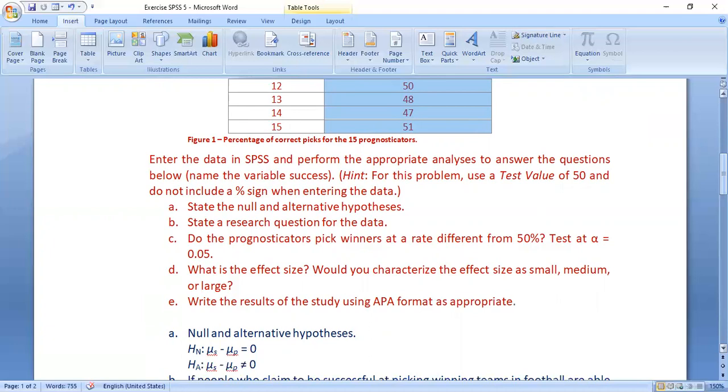It can be that the sample mean is quite lower, where the value will be negative, or it can be quite high, where the difference between the sample mean and the population mean is quite higher. Done. So that is what A part is. We have answered the null and alternative hypothesis. Now we have to frame the research question. That is what B part says.